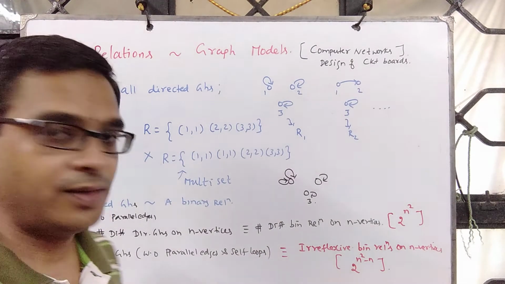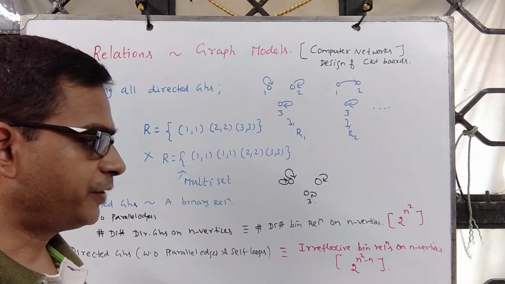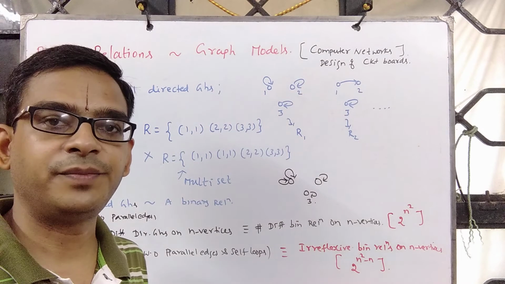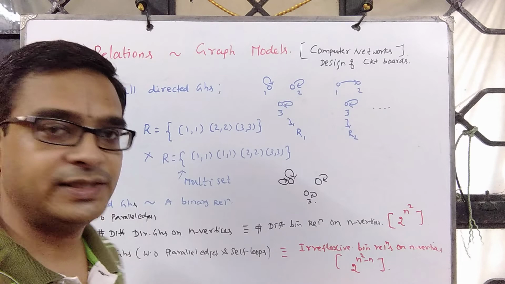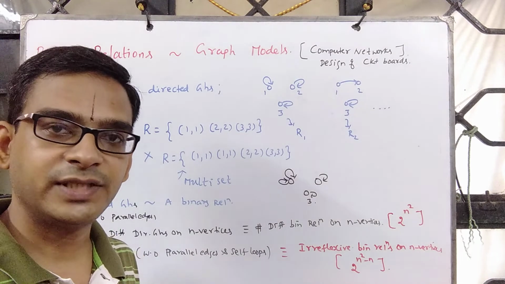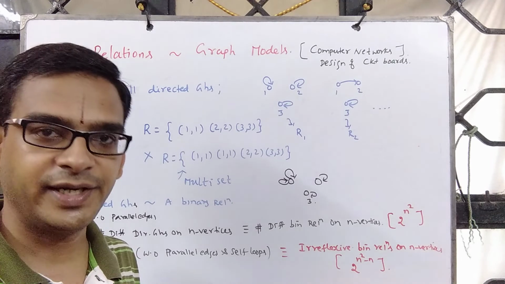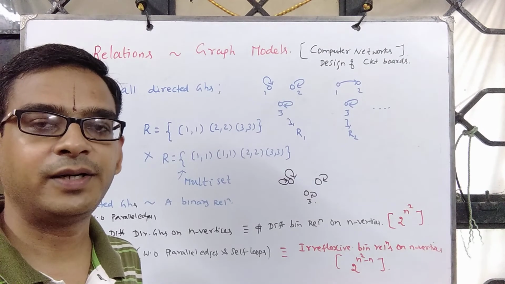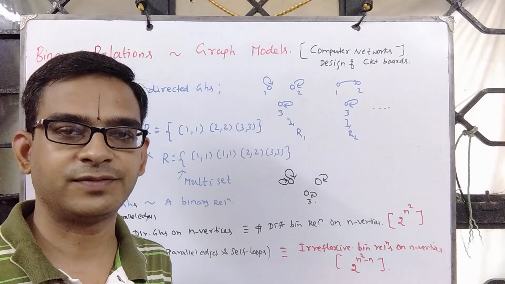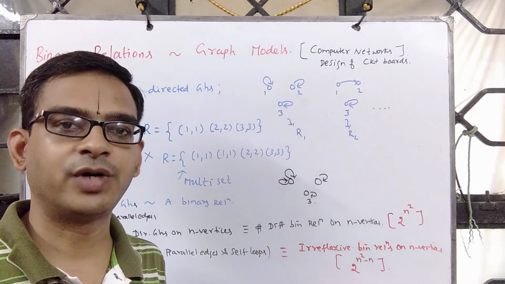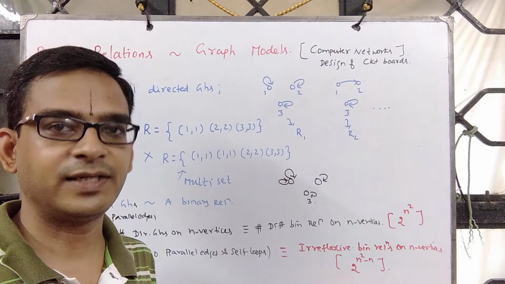Now you see that by bringing in this graph model, you get to visualize binary relations from a different perspective. Just like sets have some properties, even these graphs have many interesting properties which may be of use for studying graphs themselves. And apart from that, many questions that one has to answer in the context of set theory or relations can be modeled as an appropriate question in the context of graphs. And things like that we shall explore.